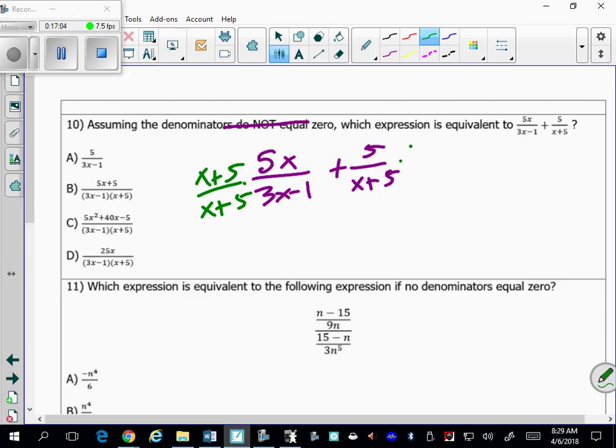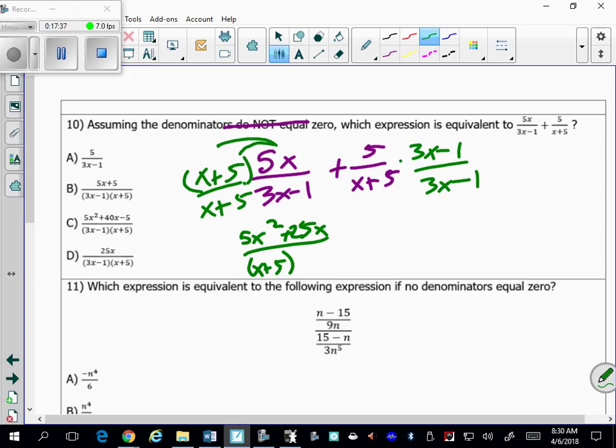What this does is this gives us like denominators, and then once you get like denominators, your rules are to combine your numerators. So I'm going to multiply it out, because this is a binomial. So 5x times x is 5x squared, plus 5x times 5 is 25x. And then we have x plus 5 now and x minus 3, or x minus 1,